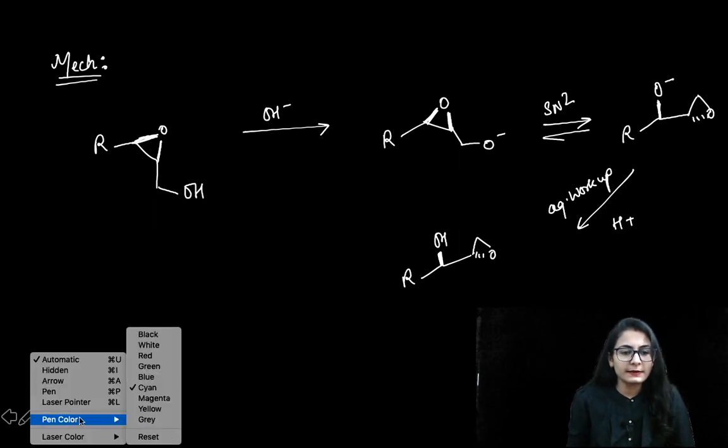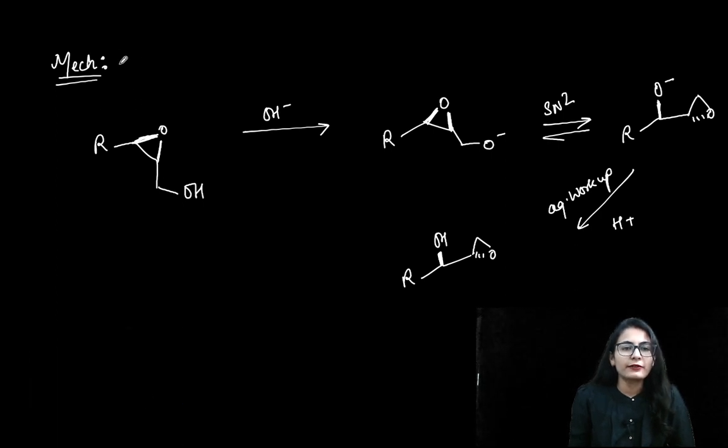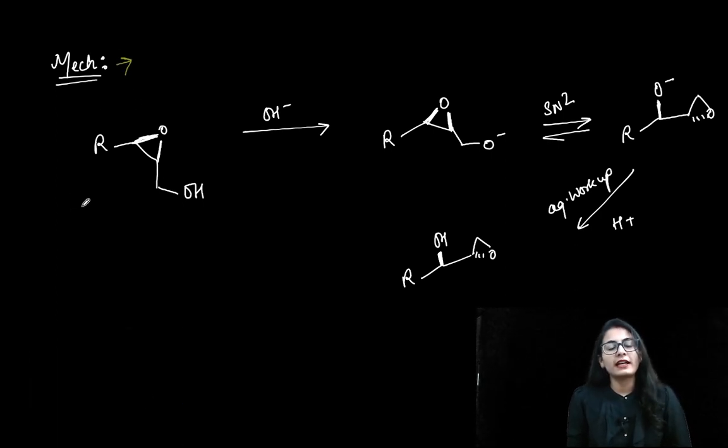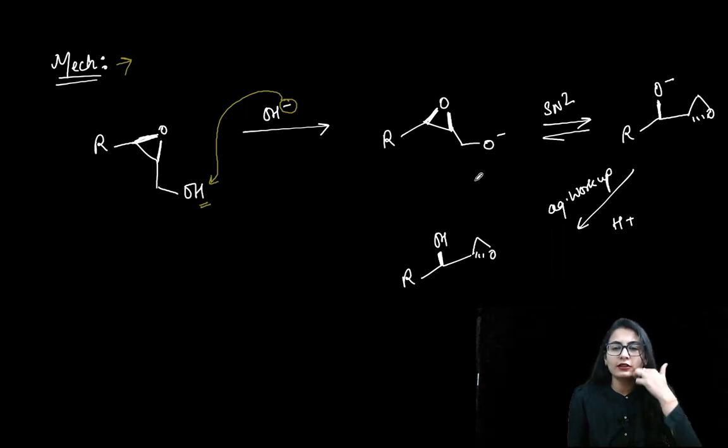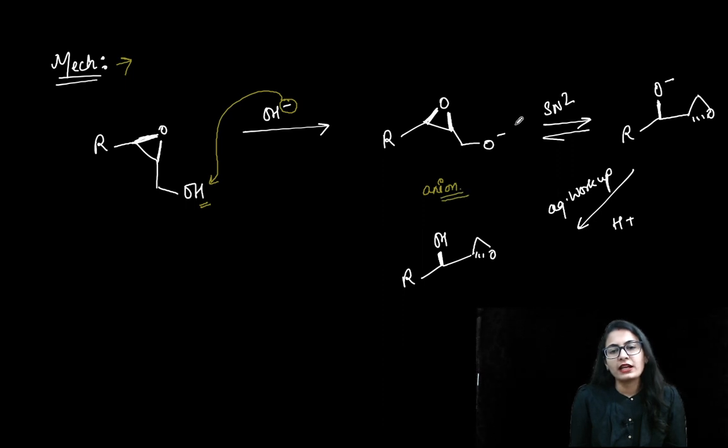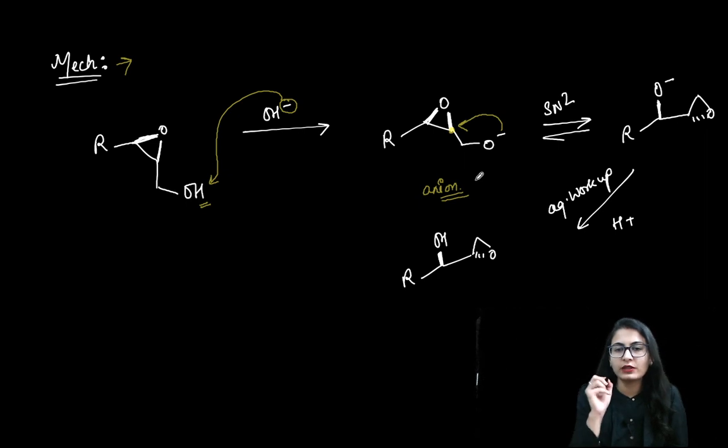So what do we see, guys? It's a very simple reaction. In the mechanism, in the presence of a base, the base is going to take away the proton of the hydroxy group because that is the only acidic proton we have, and that gives you an alkoxide anion. The anion now does the migration, or basically an SN2 attack. From where is it attacking? It has to attack from below the plane. This is what we have to understand.